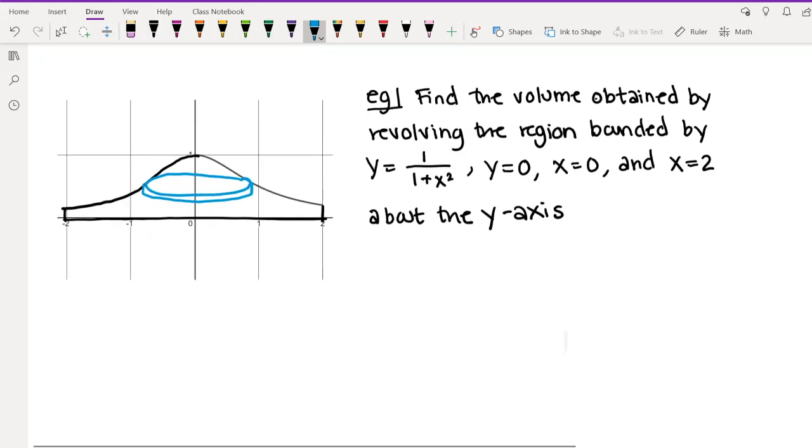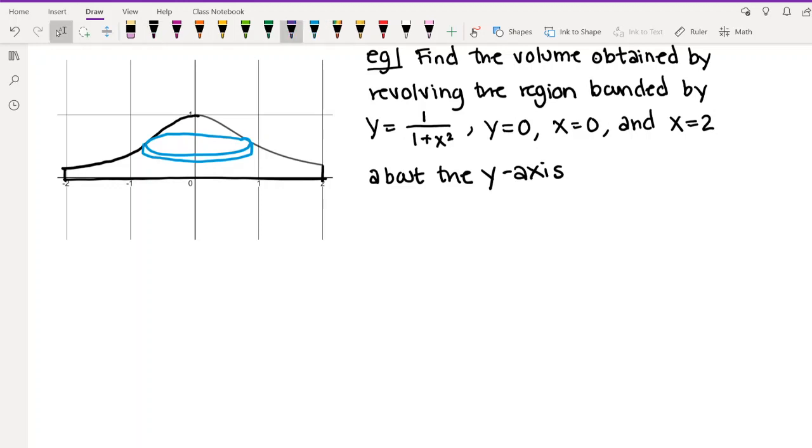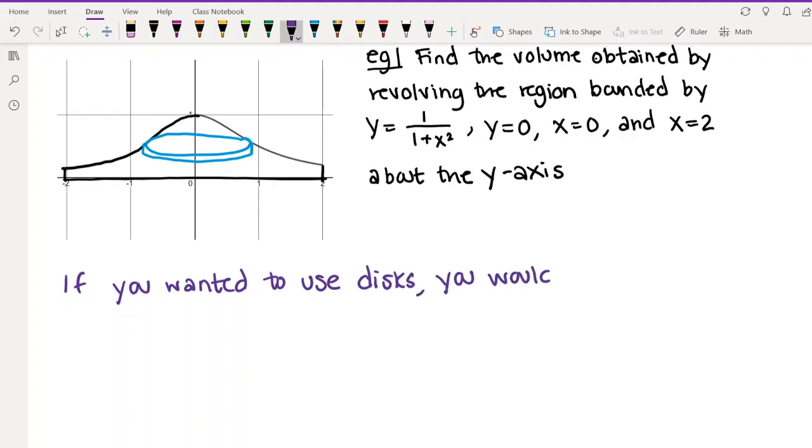If you were trying to use disks, you would have to integrate with respect to y, right? WRT is an abbreviation for with respect to. And so that means you would need to solve